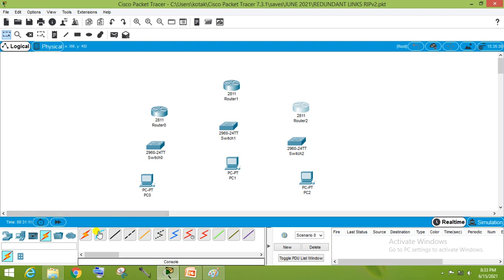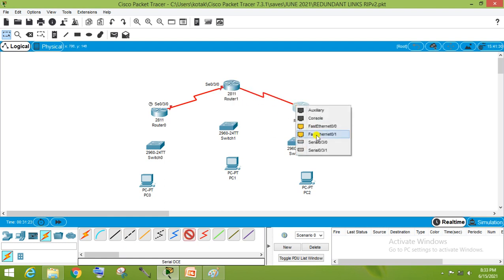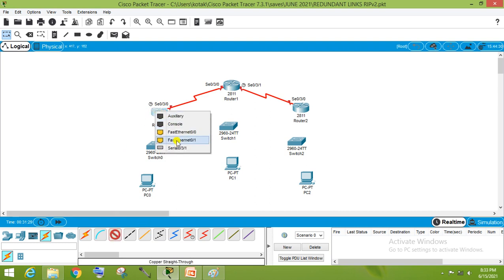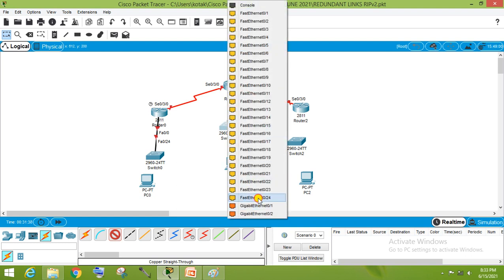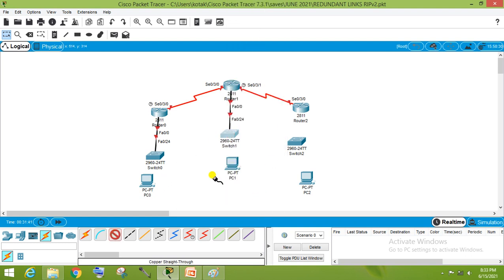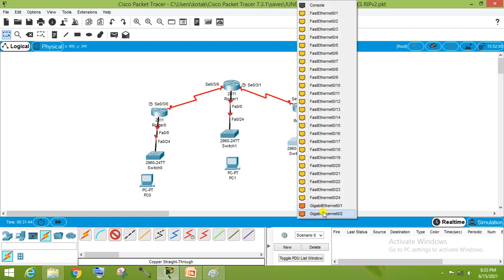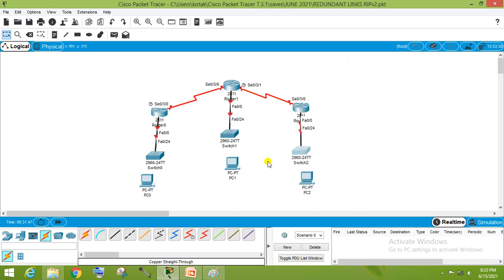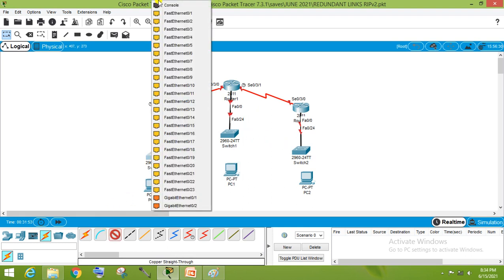Now connecting the active interfaces through LAN cable. Same thing, connecting routers to our switches. Now connecting PCs with our switches.